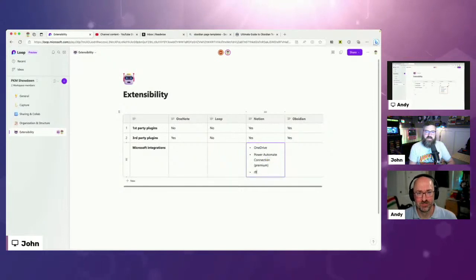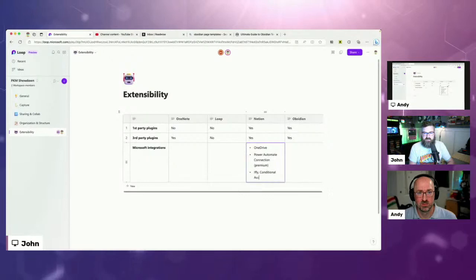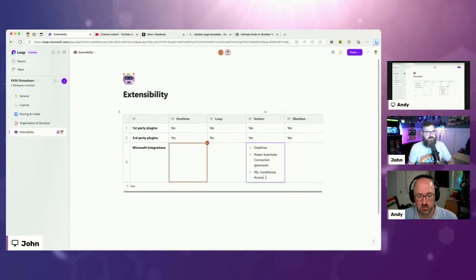But this whole thing is kind of iffy because of conditional access. I found that these things exist, but I can't personally test them because my organization obviously uses conditional access. So you're probably not going to get very far if you're using Notion for your thing and you want to integrate into work. You're really keeping these separate. You're in a personal world at that point. So there are integrations, but you're probably going to have to work through your infosec group, and good luck. When it comes to Loop and OneNote, that's where they shine, obviously, in the Microsoft suite.